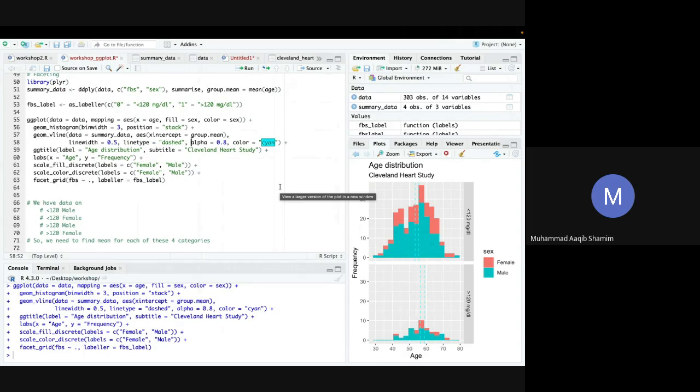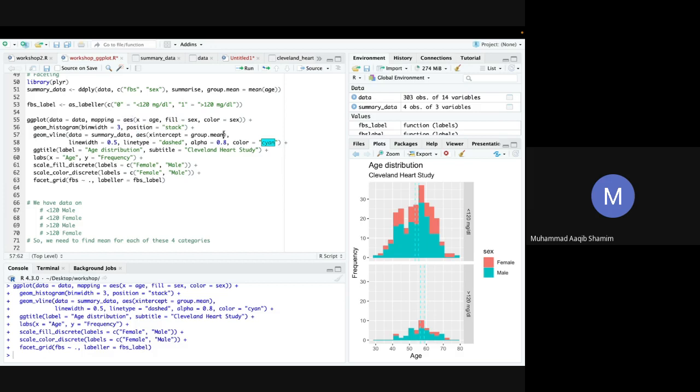You can see that earlier, when we had to color code separately for sex, what we did was that in the basic ggplot function, after x equal to age, here within the aesthetics, we also mentioned fill is equal to sex and color is equal to sex. So we told that the aesthetic of the plot, the colors and fillings within it, should be based on the variable named sex. So similarly over here, for this geom line specifically, we will specify that the aesthetics,